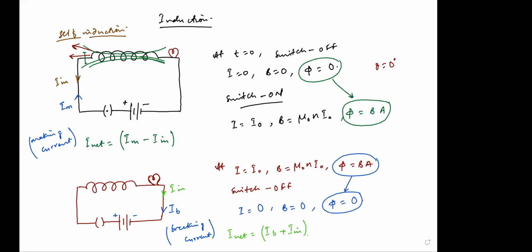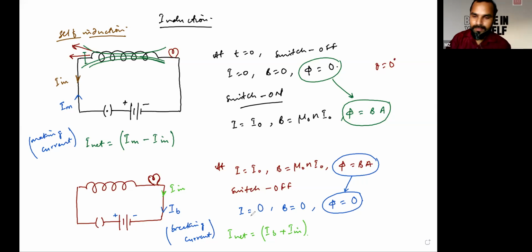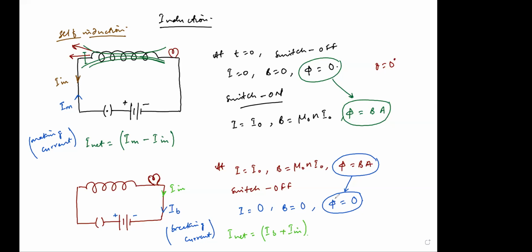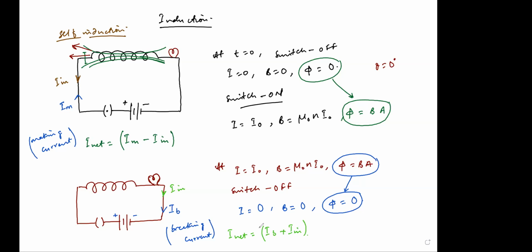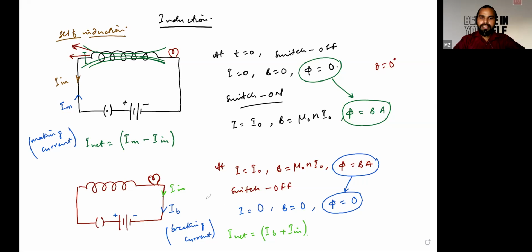Yes, sir. Okay, just write it down. Ahmed? In the second case, I don't know about the net current, but I making is more, right? No, it is opposed. I have just taken I making and I breaking to be identical. Just in their notion of switching on or switching off, they are different. But magnitude-wise, they are equal. Yes, sir, clear. Just write it down.